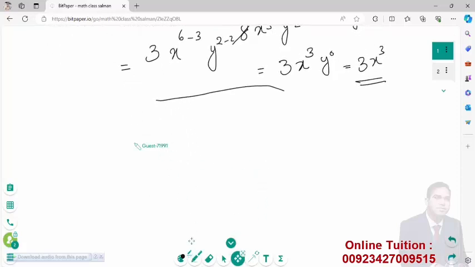नेक्स्ट क्वेश्चन पे मूव करें। हाँ। सलमान इस अपने कर्सर को आप साइड पे करें।